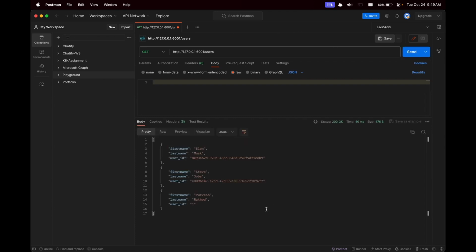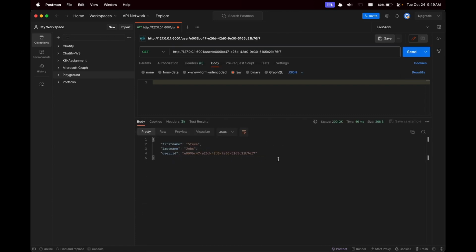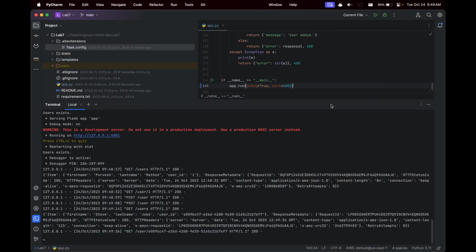So basically using the Python app, I have created APIs to create users and get users. Again, users is scanning the whole DB. But if I write user slash and some user ID, then it gives you a single item, filtering by item. So here I'm doing the query, and when I do users, I'm doing the scan. So there are 2 different things. Same in the code. If I go to the code,